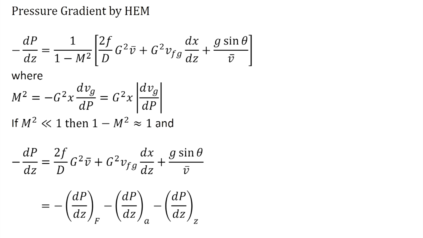So, to calculate the pressure drop, we will have to integrate the pressure gradient from the inlet to the outlet of the pipe, and since in general it varies from point to point, the integral will not be simply the pressure gradient multiplied by the length. So, let us see how to do this integral.